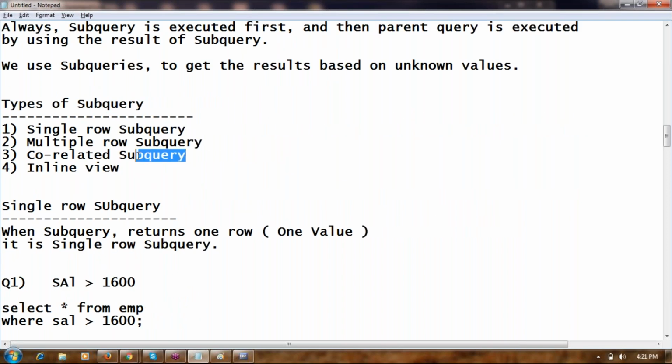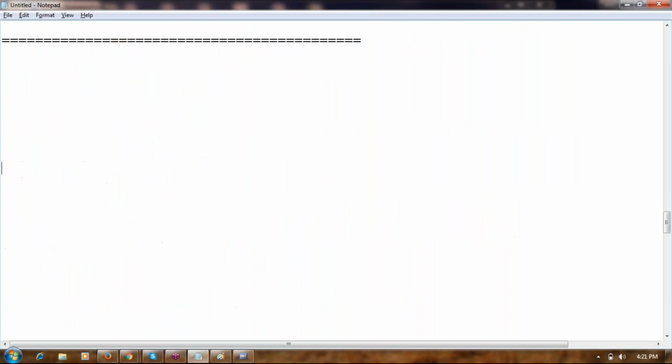Correlated subquery, very, very important. The concept is very, very important.